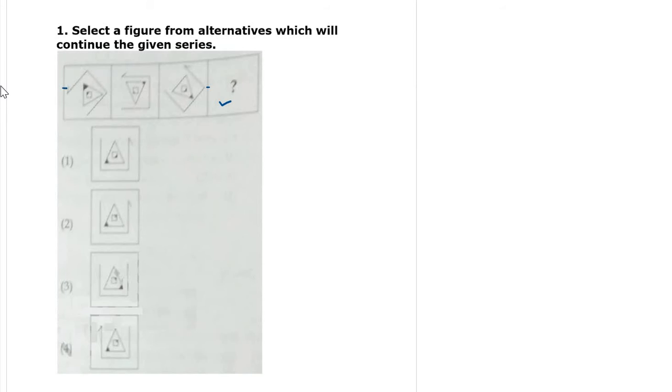First, second, third, and this is third. First moves to the second, third and the fourth. So it's rotating like this. So the figure must be in this corner, options 1 and 2, not these two. So we have to cancel these two. So option 1 or 2 may be the answer.